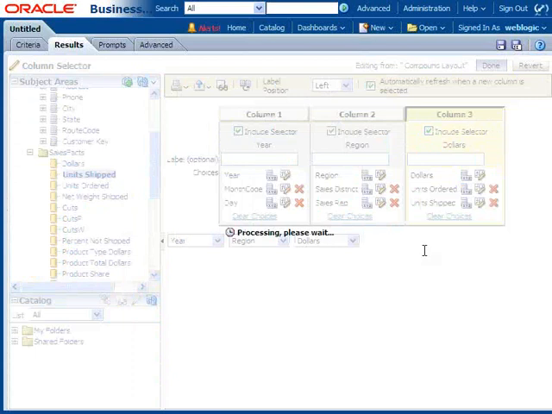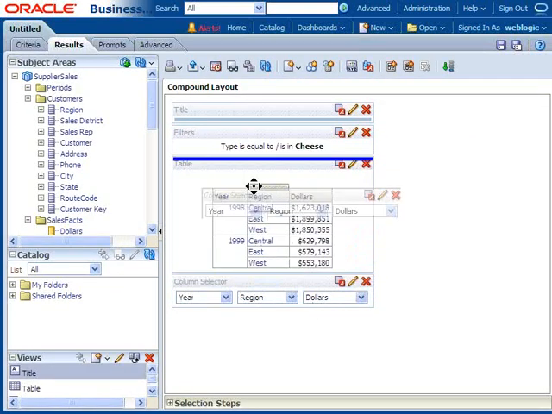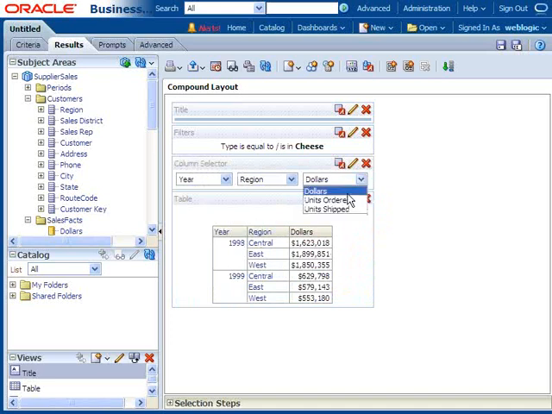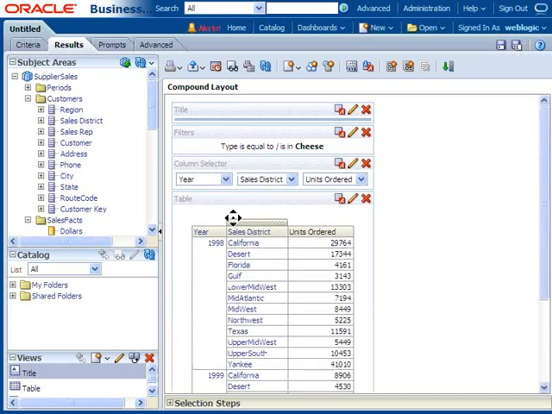Okay. Now, if you see here, those 3 columns came here. Let me drag and drop them between filter and table. Then if we select here unit order, what is happening? This column is changing into unit order. If I select, let us say, sales history, then immediately this region column will change into sales history. If I select something else, let us say month code, this year column will be changing